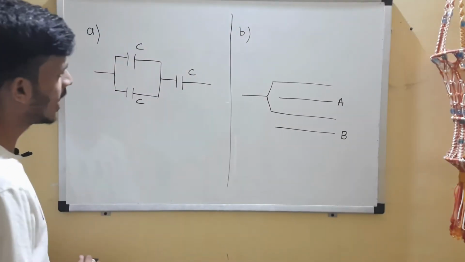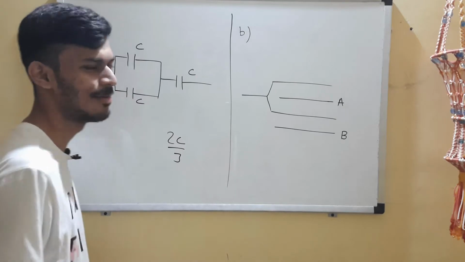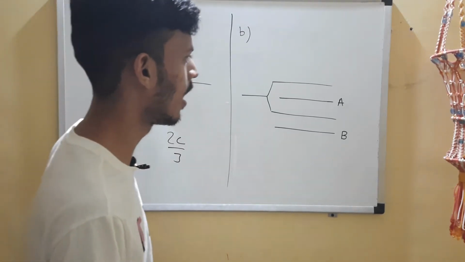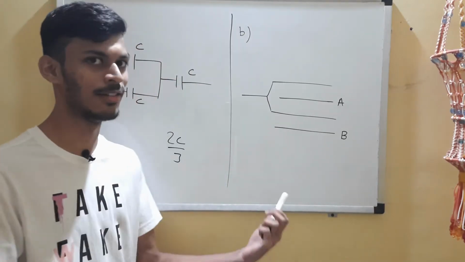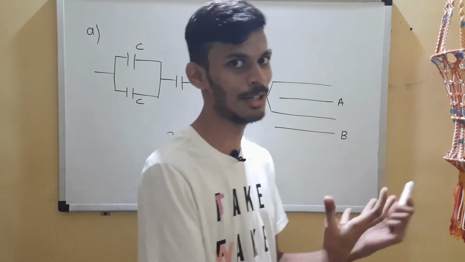So C and C in parallel, that makes it 2C. 2C and C in series, that makes it 2C by 3. I'm a veteran at solving combinations of capacitors. What is this? I can solve this too. I'm a veteran, guys. This is such a simple thing. Okay, so the way to start this is